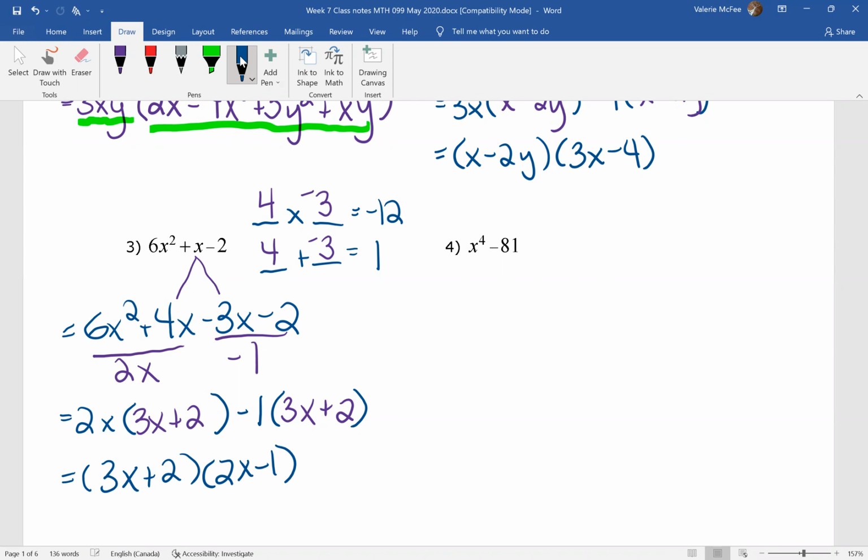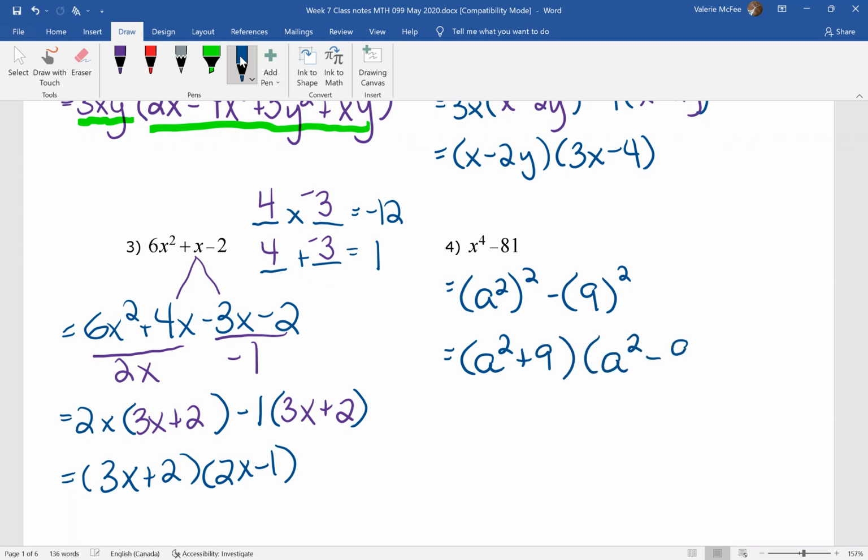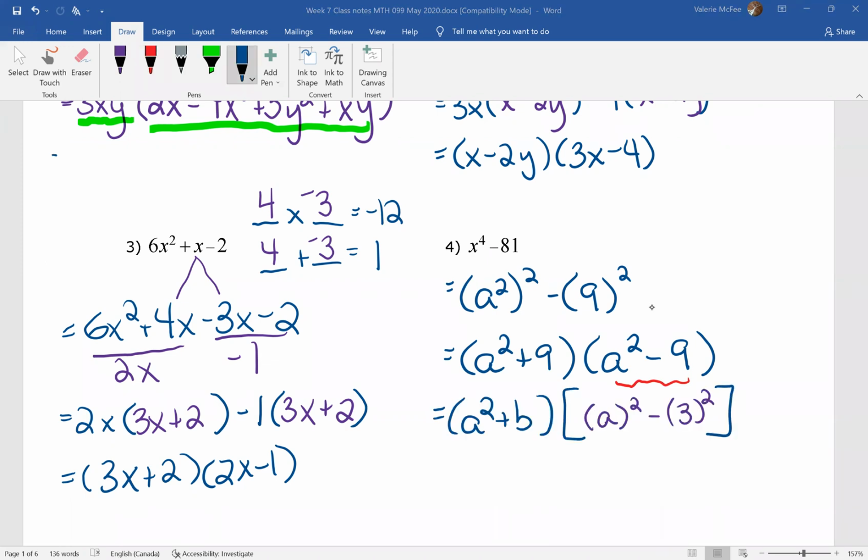Now the last one is interesting. Did you get that right when you were factoring it on your own? We see that this is a difference of squares, which means we can factor this as a plus b times a minus b. But did you notice that we have another difference of squares here? So in factored form completely then, we have a squared plus b multiplying,